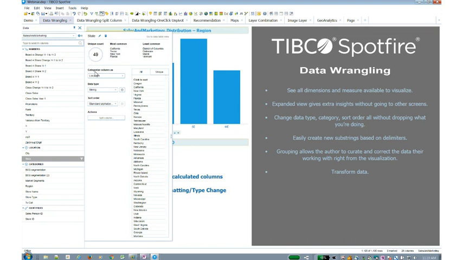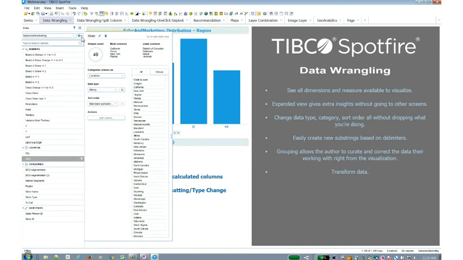So if data comes in a specific format, Spotfire does have the ability to very quickly allow you to change that data type without affecting its source. So even if you decide to later replace the data and update it, in the background, Spotfire has created metadata information and will update that data for you. And in your analysis, if it's a string, you can turn it into an integer or vice versa, without actually affecting the source of where it came from. So these are different things that you can do with Spotfire.